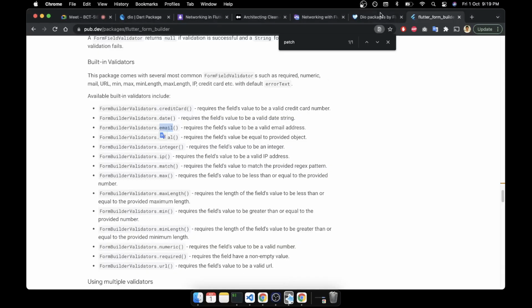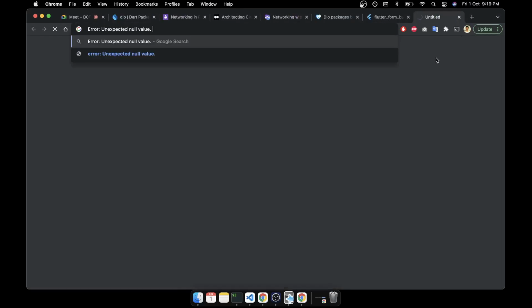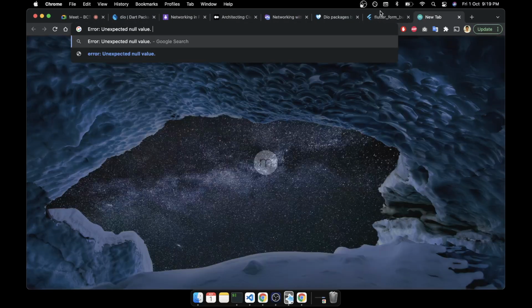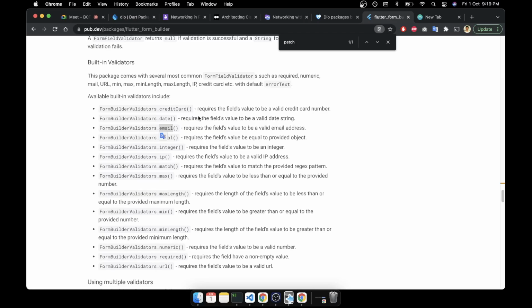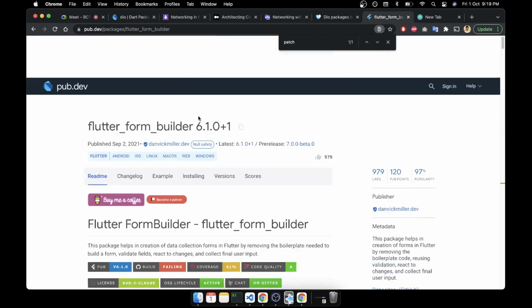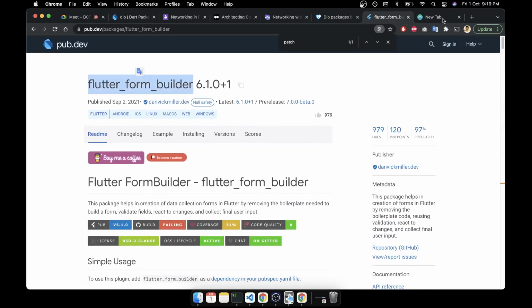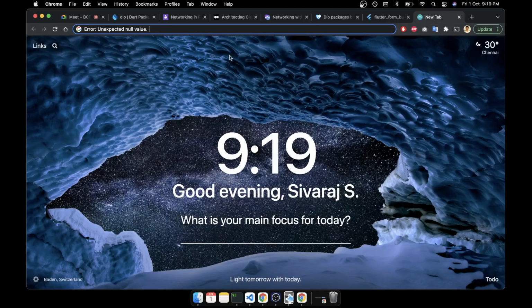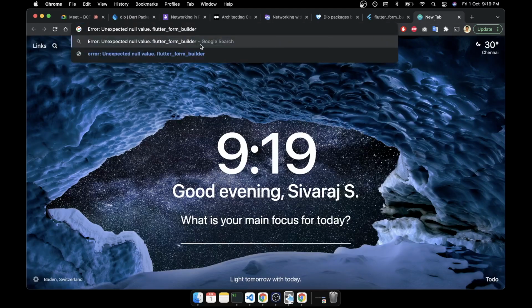Okay, we can just simply do one time Google. We'll see is there any other possibility. What is the API name? Form builder, right? Form builder. Yes, sir. Patch value.